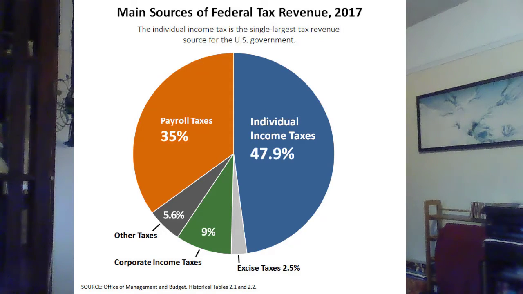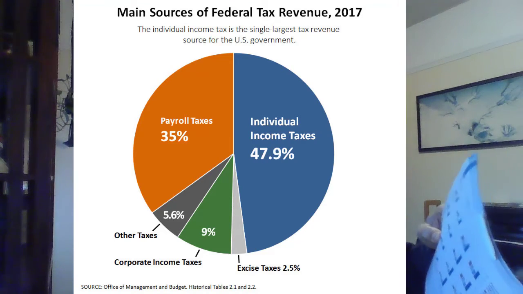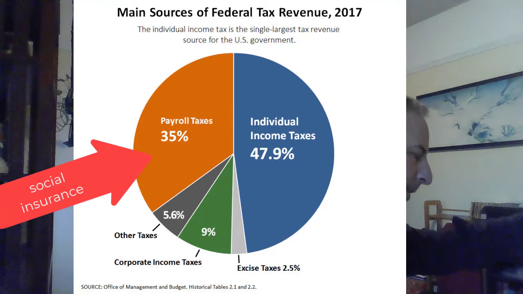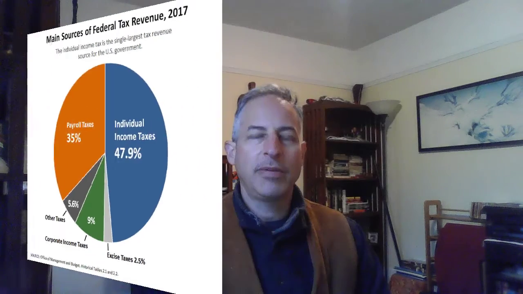Actually, in the book, they're labeled slightly differently. In the book, they call it social insurance taxes. It counts as a different sort of tax. Payroll or social insurance, because that's what specifically funds Social Security and Medicare. The other taxes, the income taxes, could fund anything. It goes into the general government fund. So that's where the total government revenue comes from.